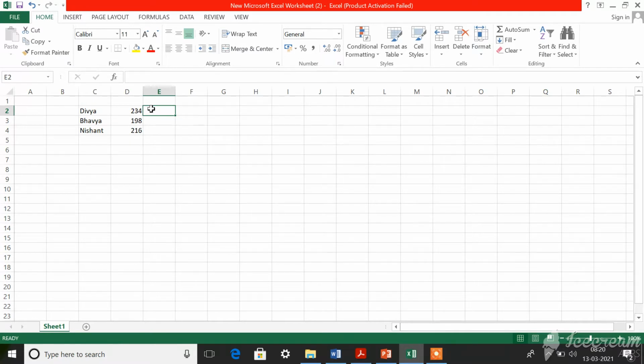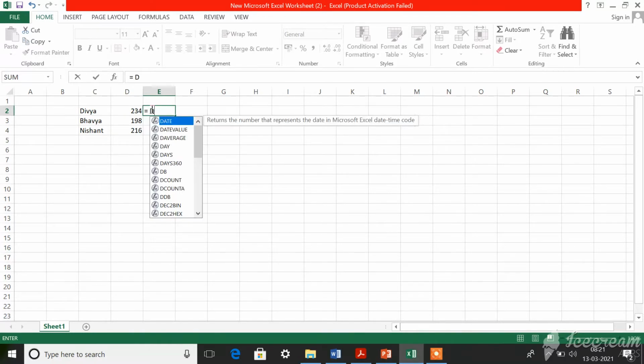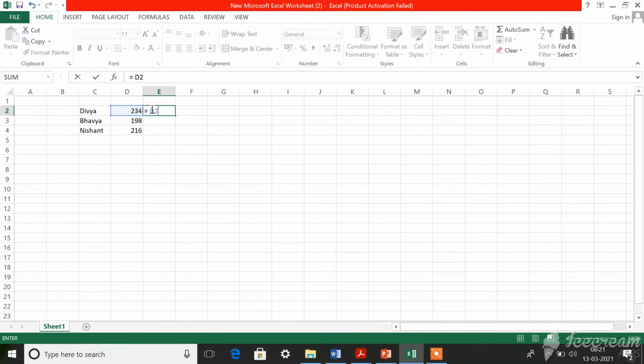For entering formula, you need to start the formula with equal to sign. Okay, so for example, equals, okay, so now if I type equals D2 plus 10. Okay, so can you see when I start anything with equal to, it will be visible in the formula bar, because your software will understand that anything starting with equal to is a formula.